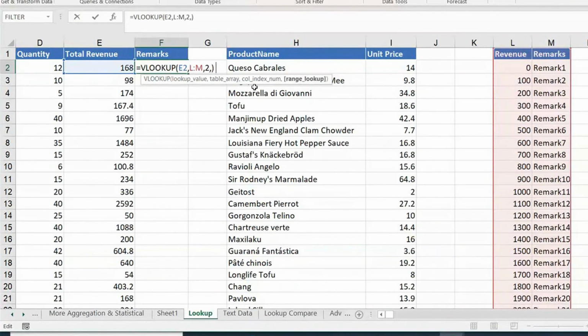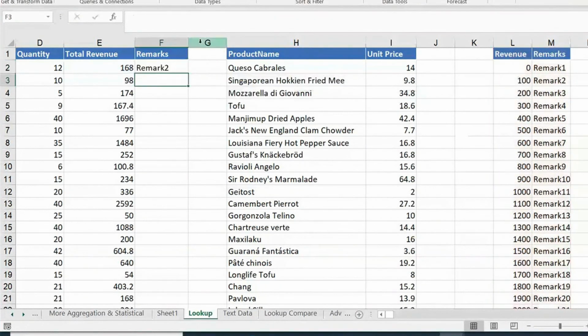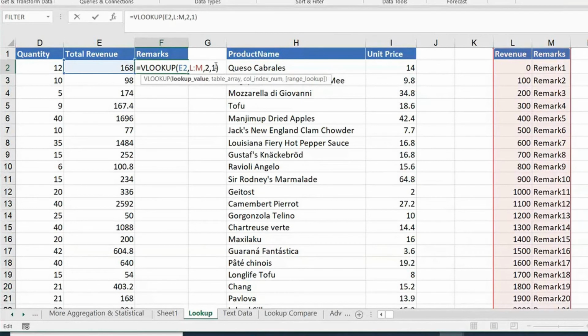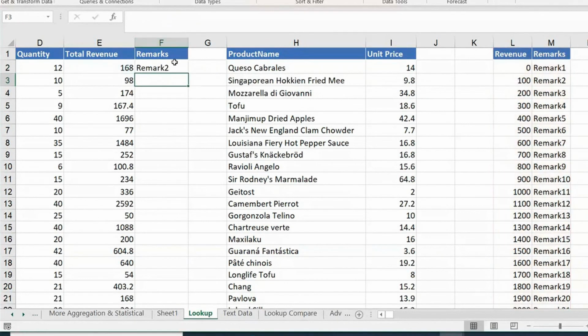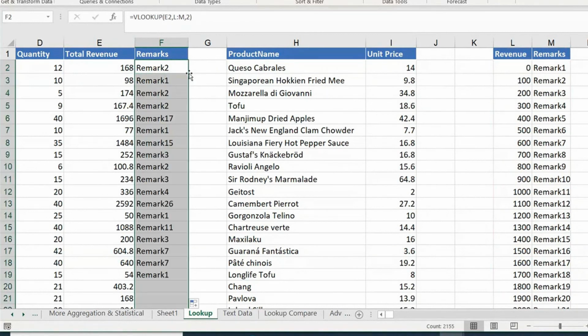Either don't put a comma, or just put a comma and leave it out. You should not put a comma also. If you want a default, just without a comma, I have to put it. That's it. Okay. So now when I double click, you could see it is bringing me the approximate match.